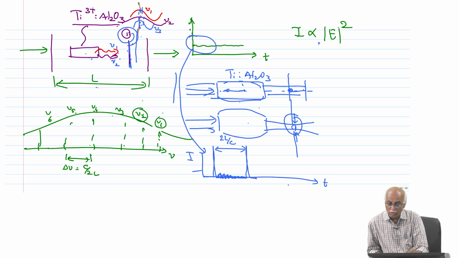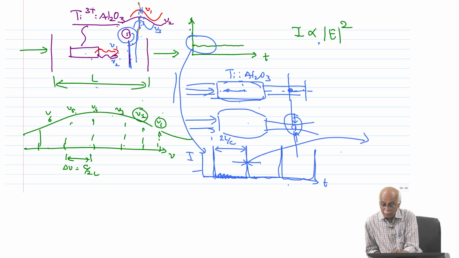So, very small output and very large peak power at mode locked condition will result in such peaks, and the spacing is 2L by c, the cavity round trip time. The pulse width will depend upon